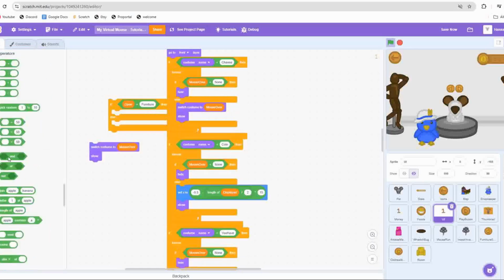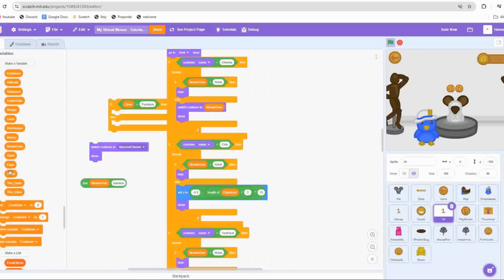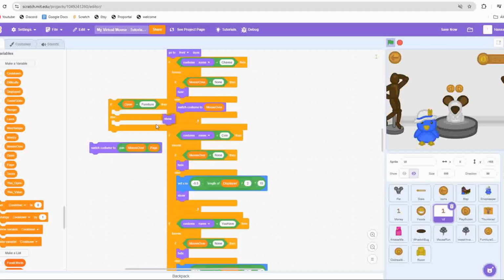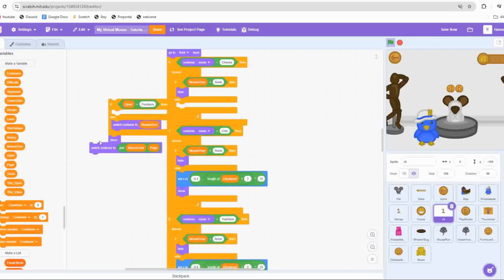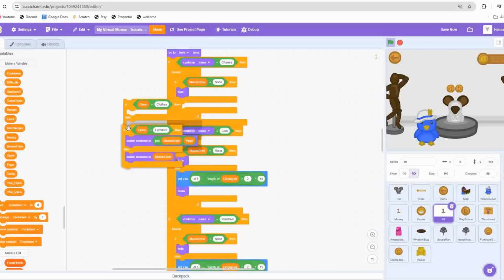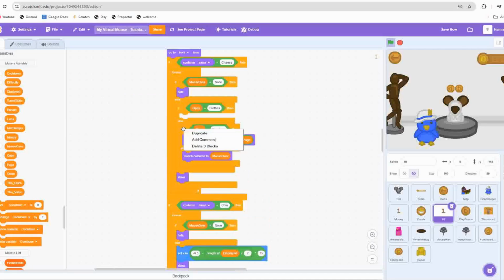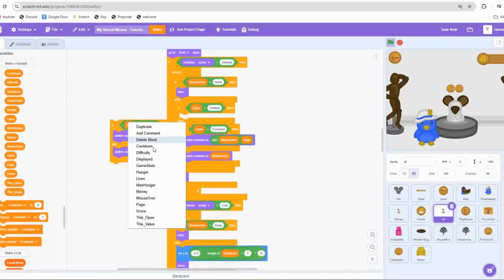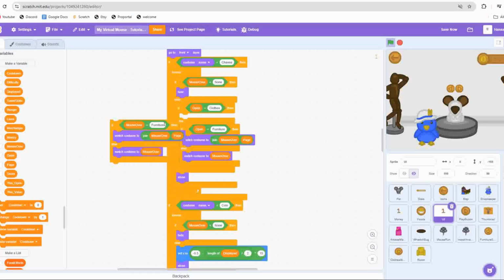join mouse over page. So we can move the show block to be after that and put it so that the new one is in the if portion. Then we need another, just duplicate that and switch it to be clothes in the condition. Remove everything from that, move the show block to be after it, and move the existing if else function into the else portion. Then we need a if mouse over equals head,